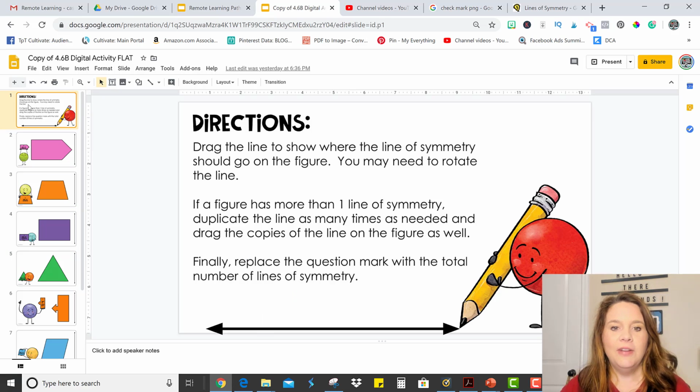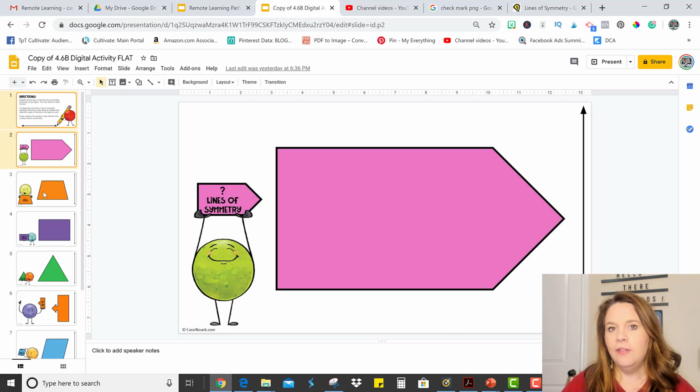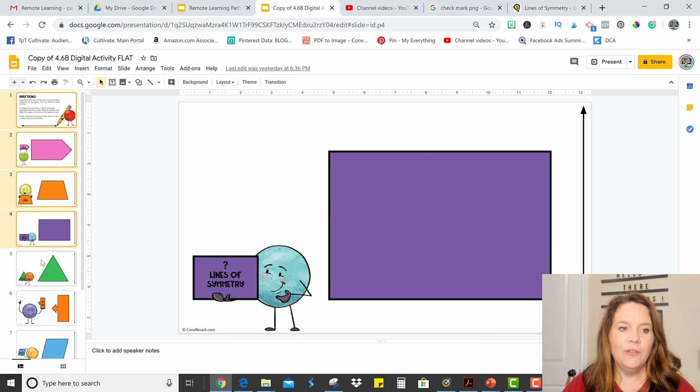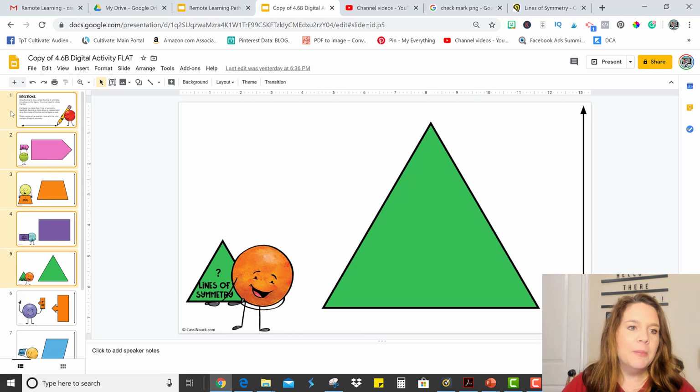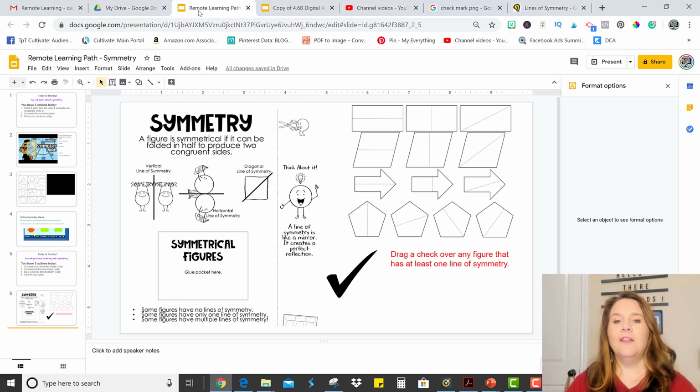So here I have an activity. It has directions, so I want to keep the direction slide. And maybe I just want to have 3 or 4 slides for the students to complete. So over here, I'm clicking in the slide sorter while I'm holding the shift key or the control key and getting all the slides I want the students to complete. So once they're selected over here, I just need to copy them. I'm going to press Control C, and I want to go put them in the learning path